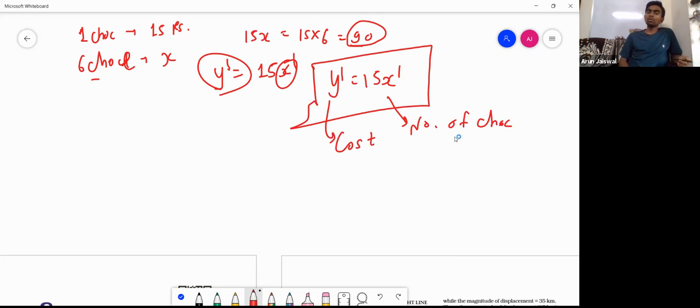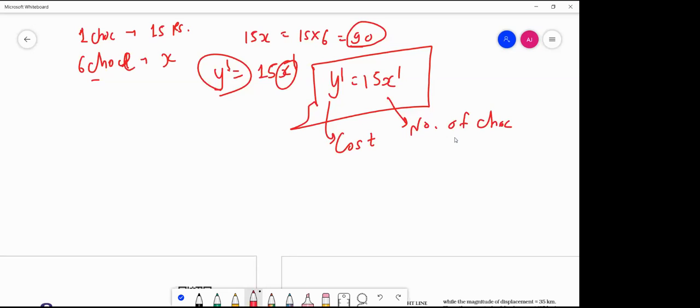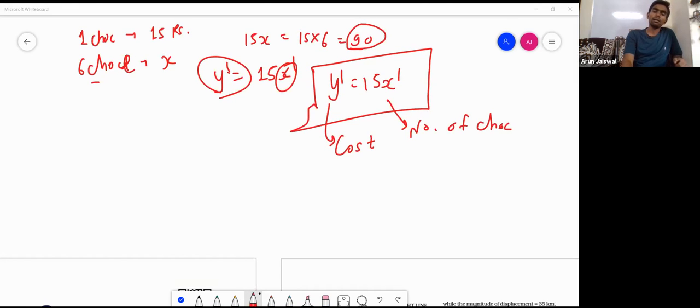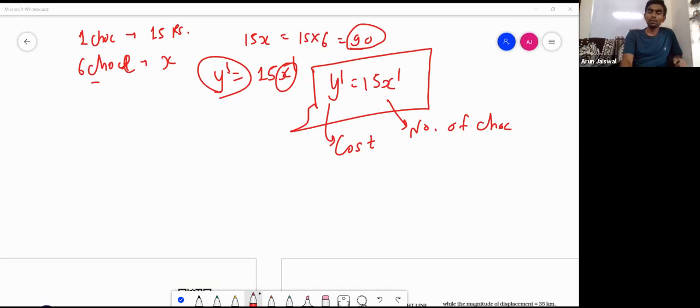For example, if you put x = 1, then y will also be equal to 15. Means the cost of one chocolate is 15. The cost of two chocolates is 30, three chocolates 45, four chocolates 60, five chocolates 75. So for different values of x, you will get different values of y. Okay. In this way, see in this particular